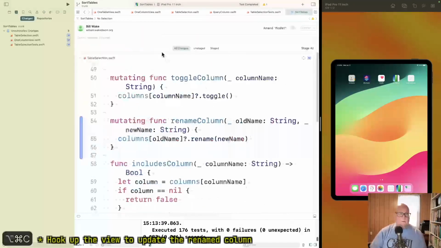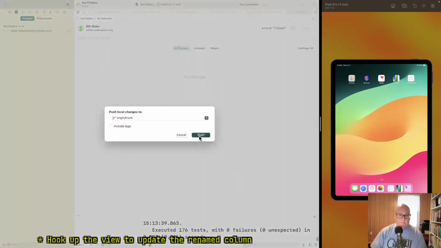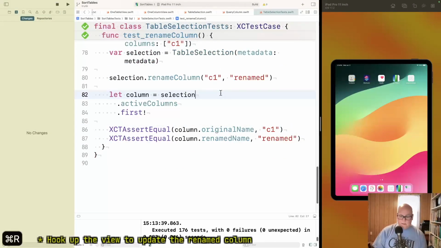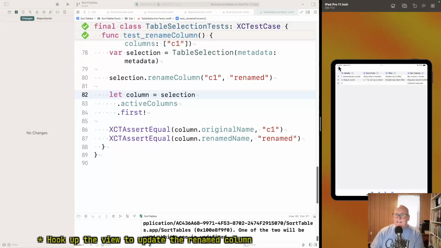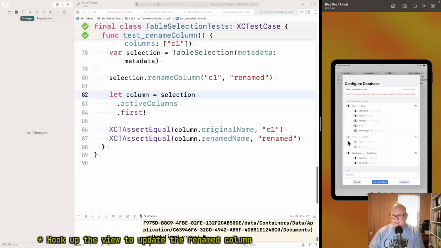Good. Okay, so we make table selection dot rename work. Okay, so I believe we've hooked it end to end, and I hope it just works. And I think maybe this is create query. That might be the right name for it. Okay, so let's just